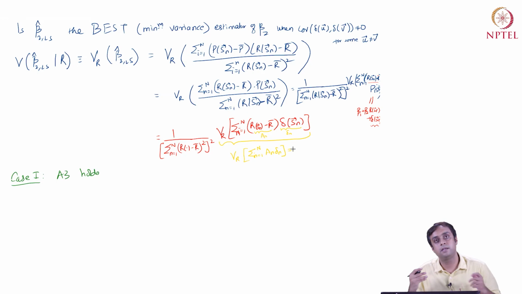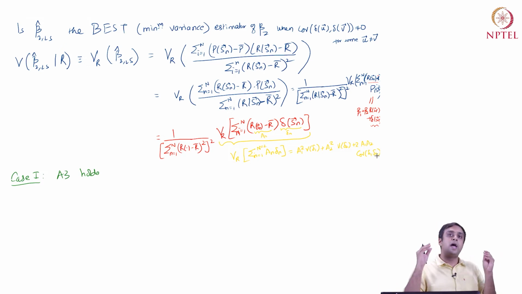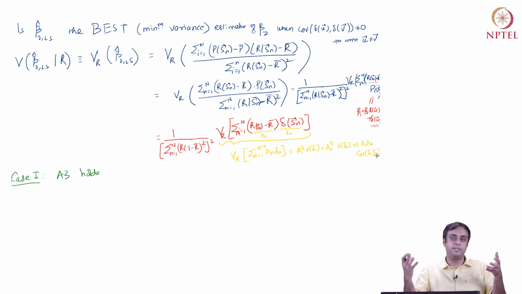Now this variance, if capital N were just 2, you would write as the following. So I'm going to work with it for the case when N equals 2. This will be a1 squared variance of delta 1 plus a2 squared variance of delta 2 plus 2 a1 a2 covariance of delta 1 and delta 2, right? This is for the case when we had capital N equal to 2. We are very well aware of how the variance operator works for that simplistic case.